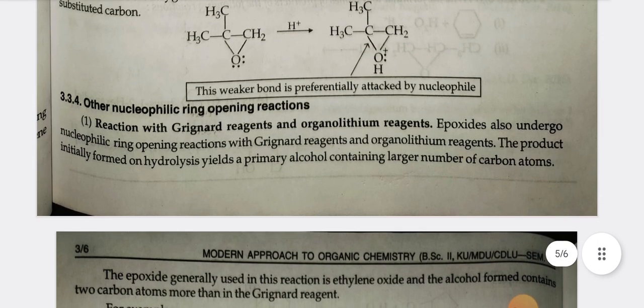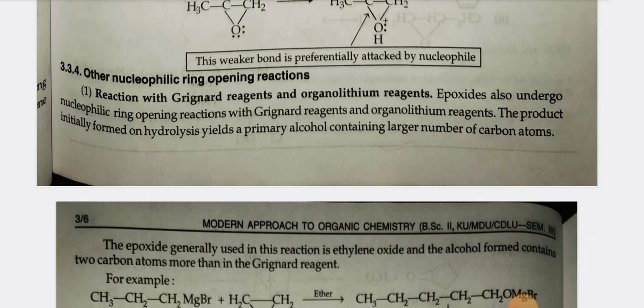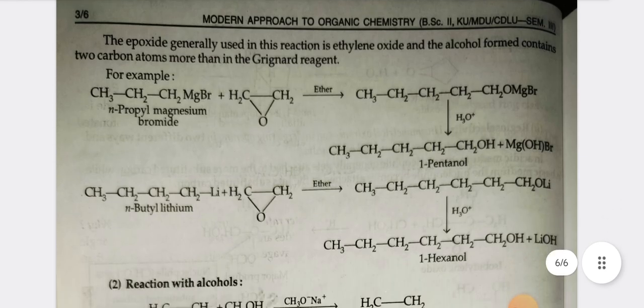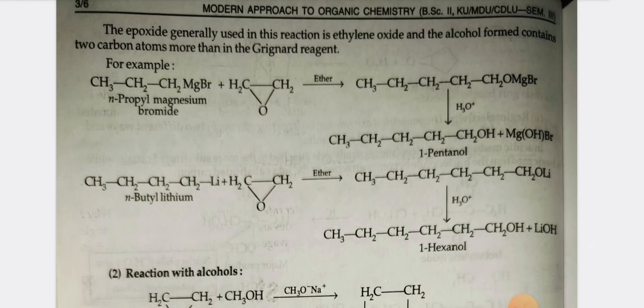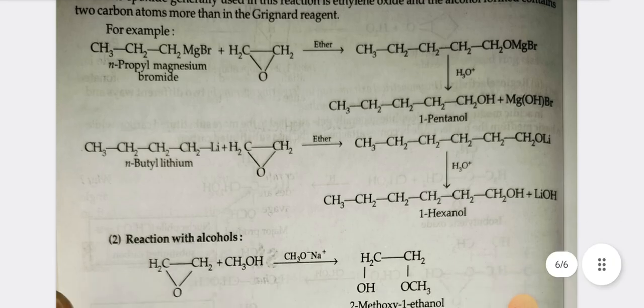Other nucleophilic ring opening reactions. Reaction with Grignard reagent and organolithium reagents. Epoxides also undergo nucleophilic ring opening reactions with Grignard reagents and organolithium reagents. The product initially formed on hydrolysis yields a primary alcohol containing a larger number of carbon atoms. The epoxide generally used in this reaction is ethylene oxide, and the alcohol formed contains 2 carbon atoms more than in the Grignard reagent. For example, CH3CH2CH2MgBr, which is n-propyl magnesium bromide, plus CH2OCH2 in the presence of ether, will give